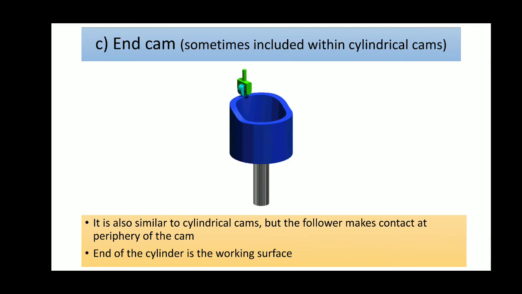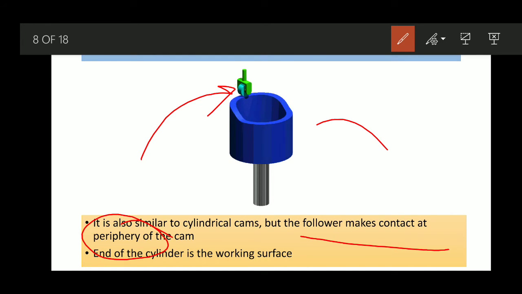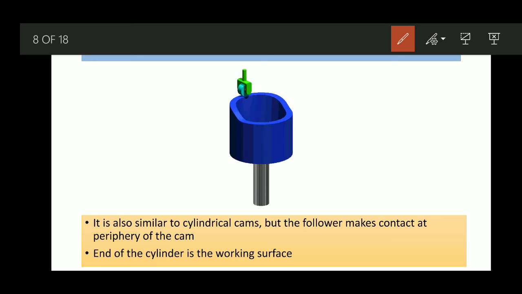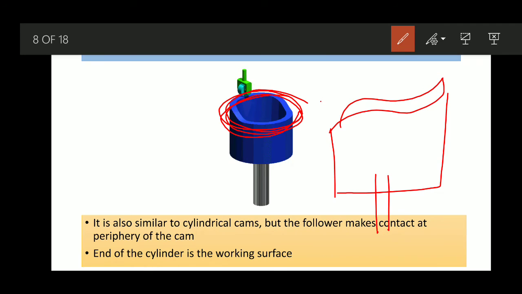Similarly, we can have end cam, which is also sometimes included within cylindrical cam. So what basically an end cam is, is somewhat similar to a cylindrical cam, but now the contact of the follower is at the periphery of the cam. You can very easily see, this green portion is nothing but the follower, this blue is nothing but the cam. Okay, and you can say it is somewhat cylindrical, but actually on this front face, upper face, you can see some contour is given. So based on the type of contour that has been given to this particular